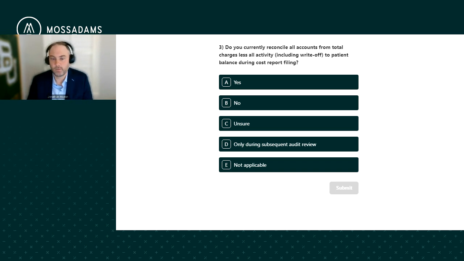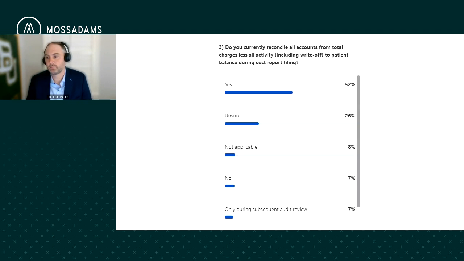A different way to do it is just to let it flow, right? You see that maybe there's more charity that was written off in your current year, but that's reversed in next year. Well, if you let that flow over the two years, then at the end of the day, you're correct. So it's the methodology you choose, and making sure that you're looking at it over the total life of the claim. What we've seen quite a bit is the prior year may have something in S10, the current year may have something in S10, and the future year may have S10.